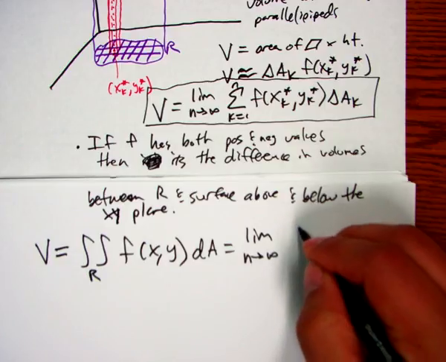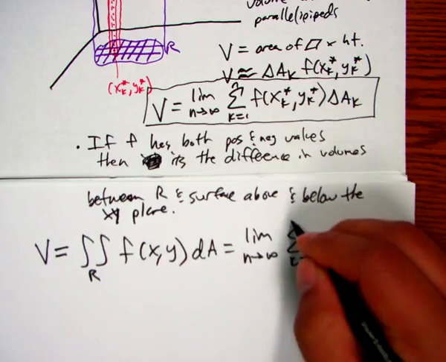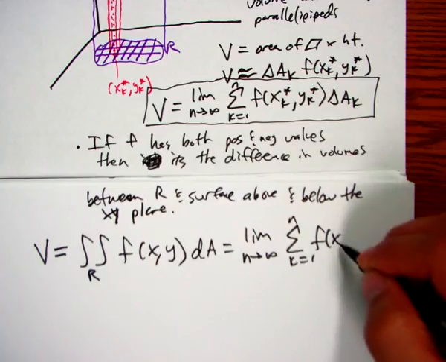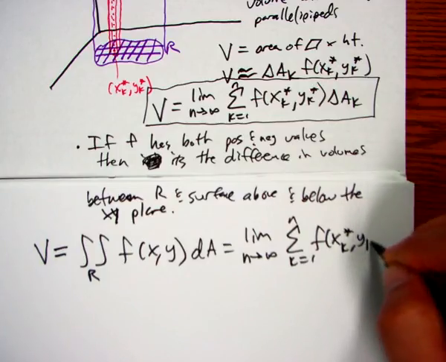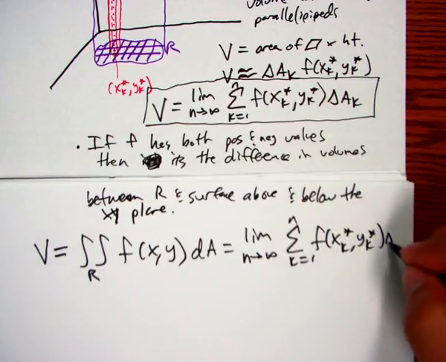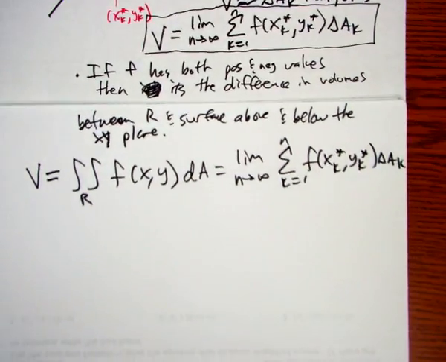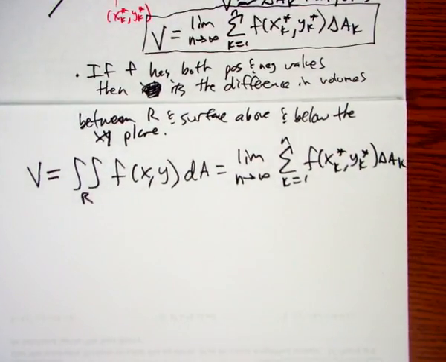So we'll put it all together here: the limit of the Riemann sum from k equals 1 to n of f of x sub k star, y sub k star times delta A sub k. Okay. You should know where this definition came from and how all the notation fits together. Okay. So, as far as evaluating double integrals,